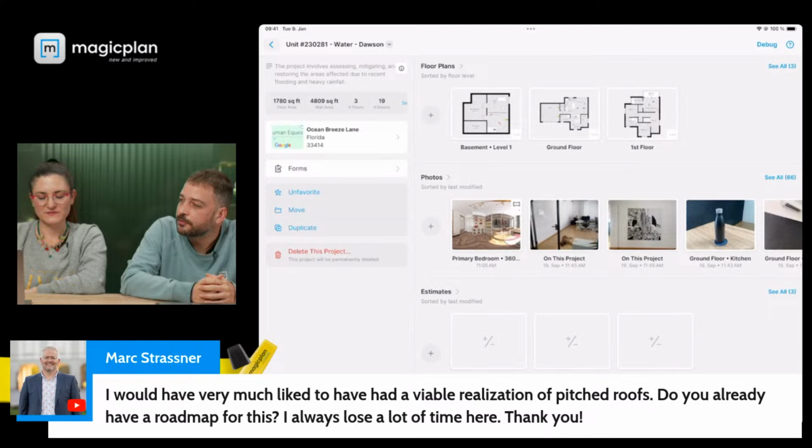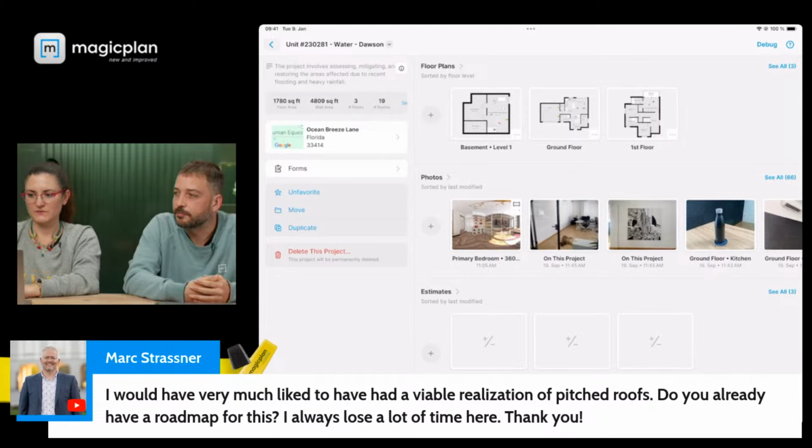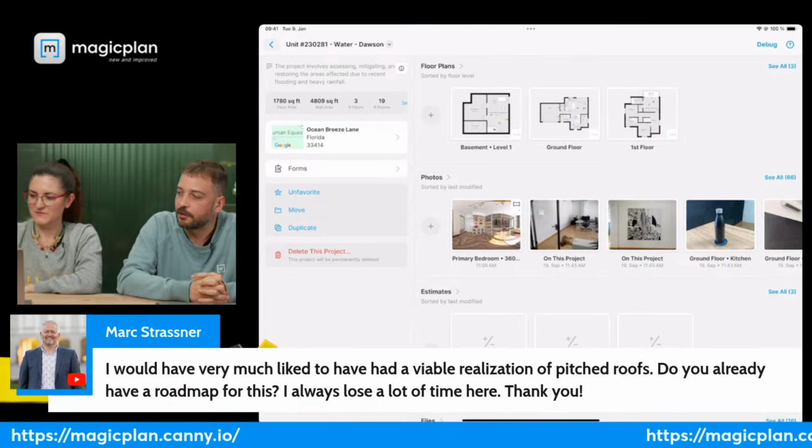You might know our public feedback board. If you visit our website, there's also a link. You can go to magicplan.canny.com. And we have a, let's say, public roadmap there. Maybe Silvia, we can actually pull this up. While I wanted to share the link. Perfect. This one down here. And you'll see on there, yes, absolutely, pitched roofs is one of the topics that are on the roadmap right now. So this one,